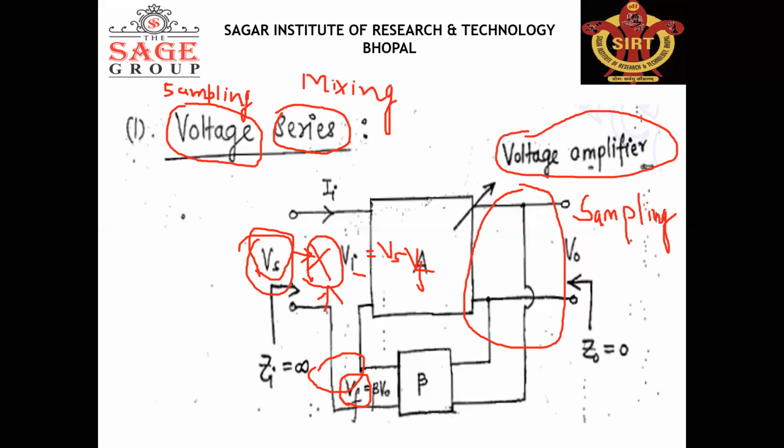This amplifier is known as a voltage amplifier because the output is in voltage form and the input signal is also in voltage form. We take voltage at the output and voltage at the input, and the gain of the voltage amplifier is output voltage upon input voltage. So Vs, right? Here the output is voltage and the input is also voltage, that's why it is known as a voltage amplifier. OK.